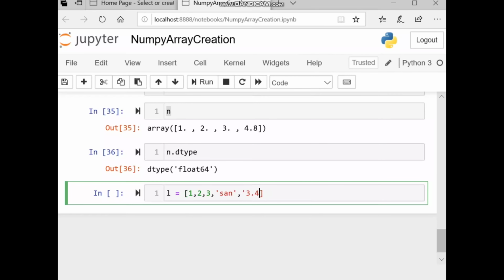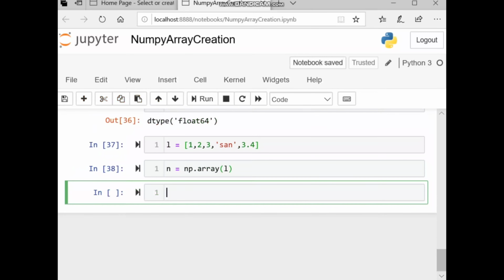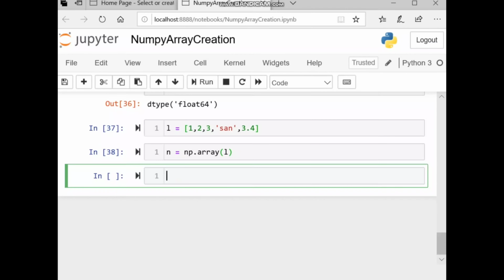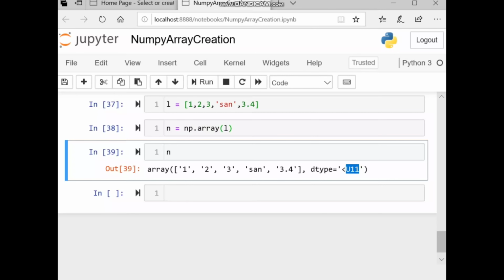Okay, so this is a string, and now we hit shift enter, and now we create a NumPy array. n is equal to np.array and pass the above list, and now hit shift enter. Okay, see this is a string. It internally changed all the data to string. So this is a string, this is a string, and this is also a string. Okay,